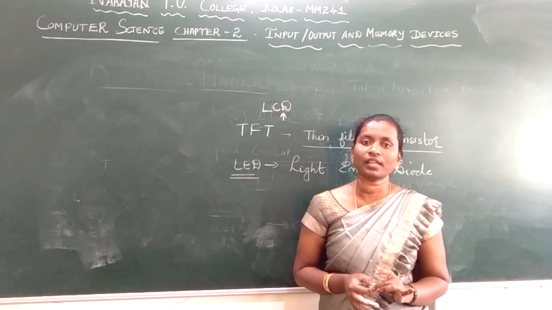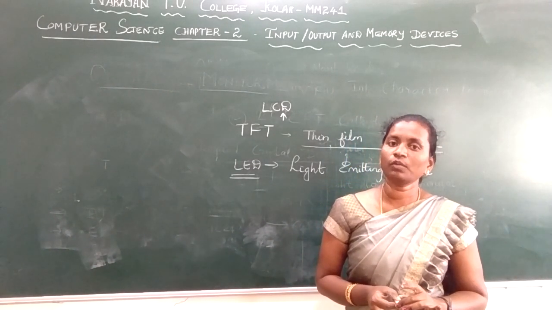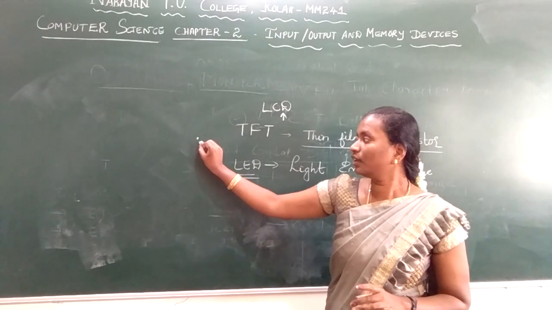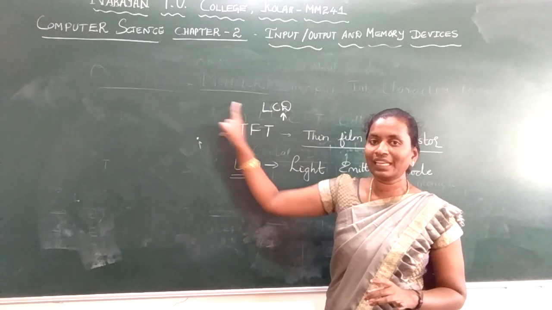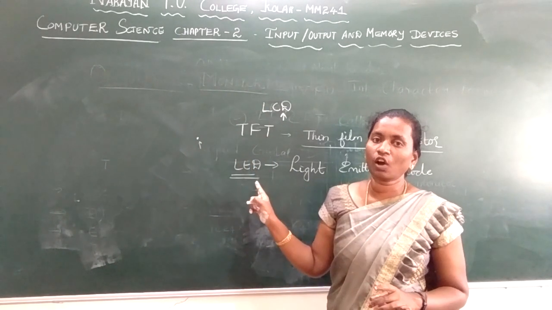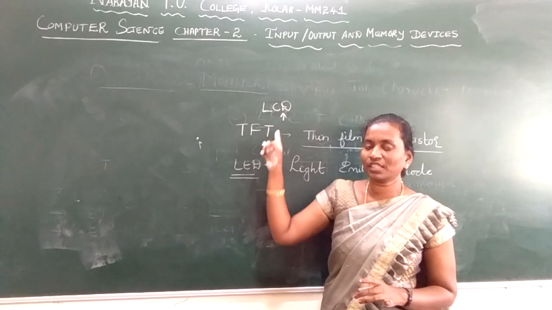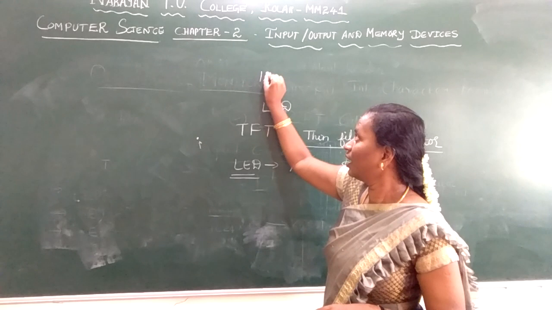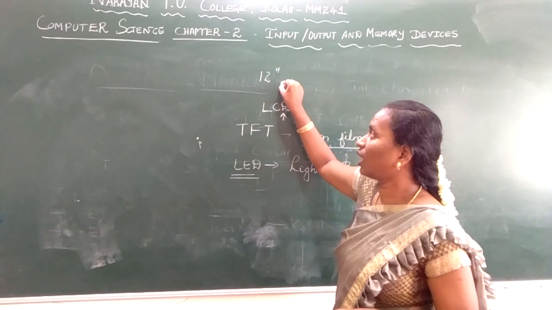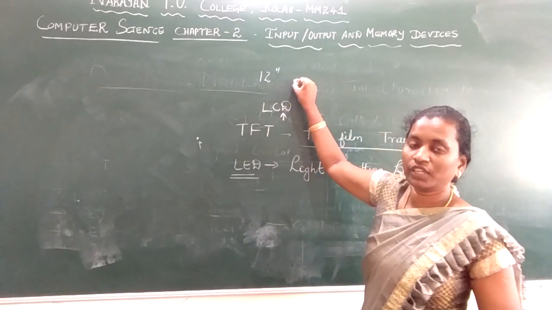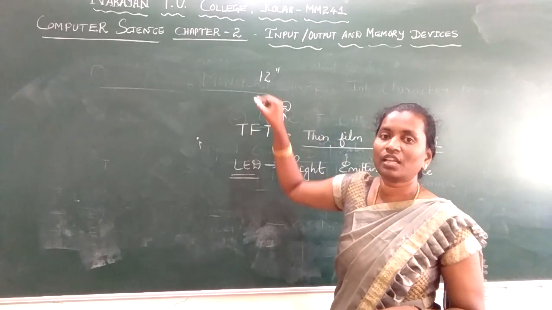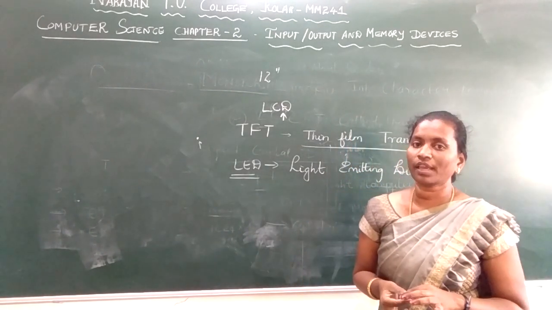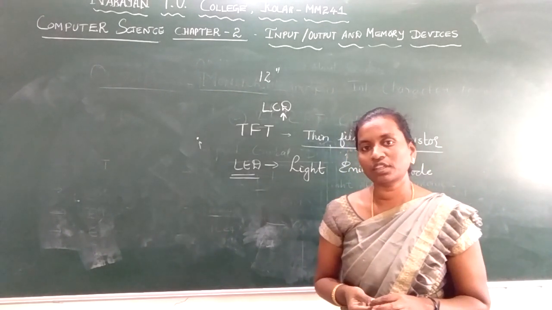We spoke about aspect ratio and resolution, and what is a pixel. I repeat, keep in mind, a dot I call a pixel. The number of pixels present vertically and horizontally on your monitor screen, I call the resolution. Next we have seen the different types of resolution as well as the size. When I tell the size of the monitor, I say 12 inches, 11 inches, 15 inches, 21 inches, 32 inches. That is the size of the monitor. The size of the monitor we usually tell in inches. The resolution of the monitor we measure in terms of pixels.